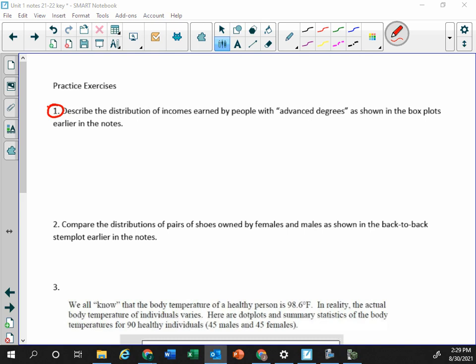Oh, that's my phone. What would you say? I think you should probably say income. You look at it like this. Unusual features, we said that there was an outlier around